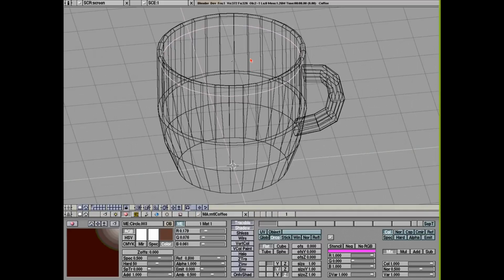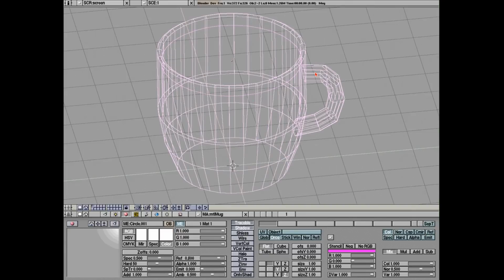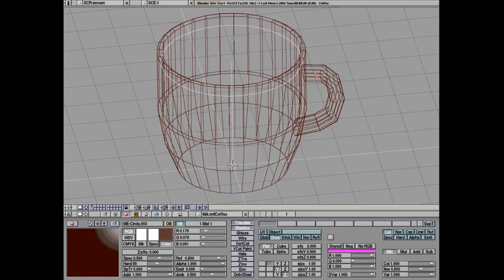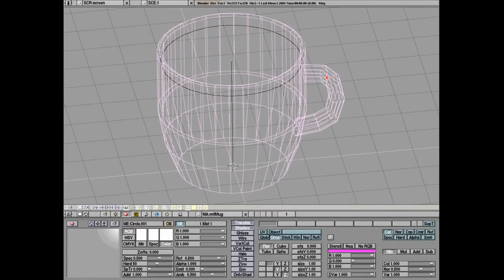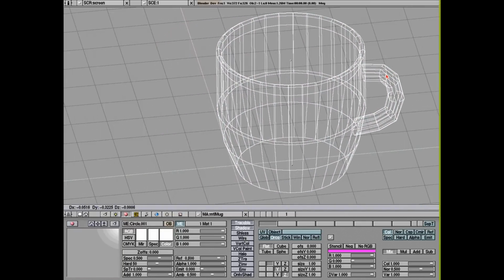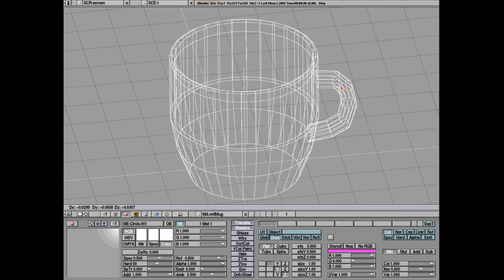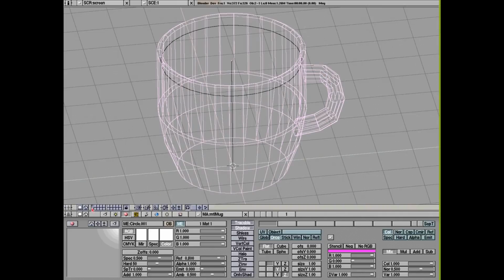So now I want to test, okay, let's save. We're doing good. Let's save. So now I want to test the parenting ability. So if I select this, and then I select this object, and Control P, make parent. Okay, and if I move my mug, okay, I have the wrong thing selected. Nice, that works. Okay, so in that case, I'm going to go over to our donut layer,